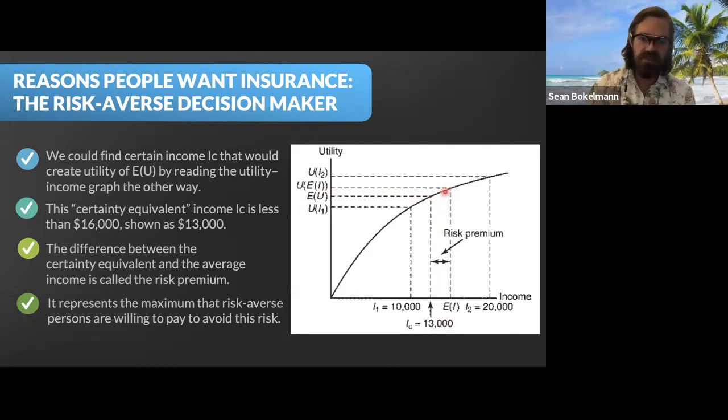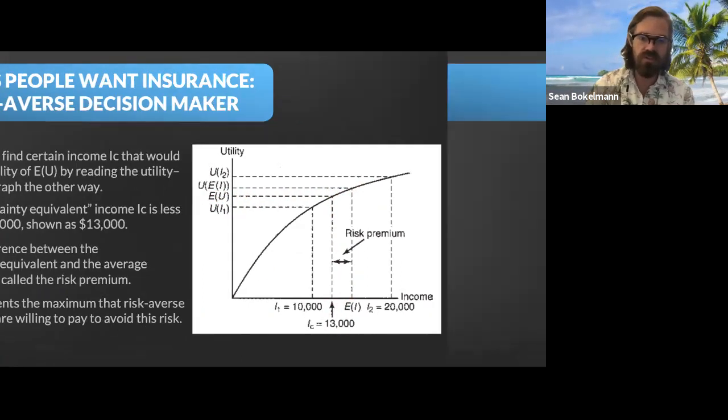So of course, in the case where the patient or this person takes on the risk themselves, this is what they can expect. But with the insurance, they're going to get, with certainty, something more than that, a higher level of utility, right? They're somewhere up here on the curve. So of course, the person would say yes, right?